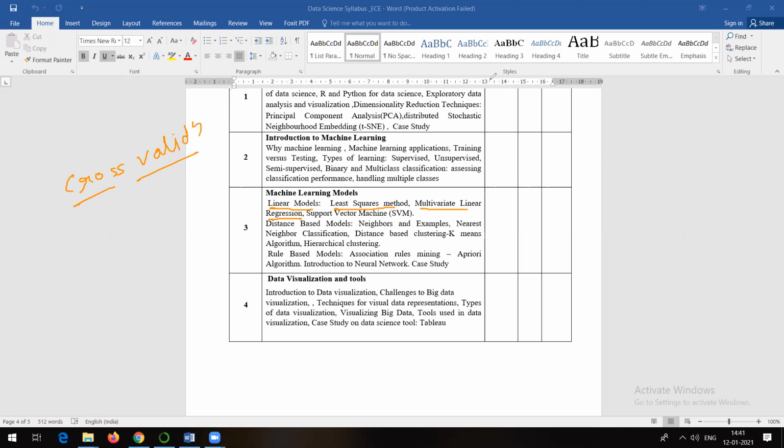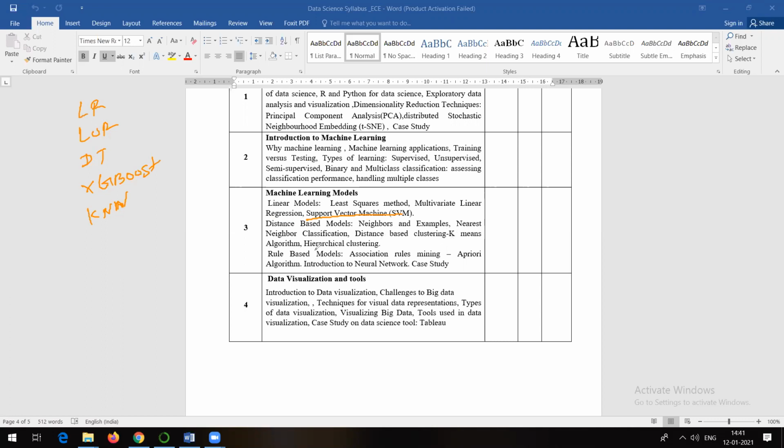And the next thing which we are going to discuss is something called support vector machine. But before that, generally the sequence should be like this: first of all linear regression, then logistic regression, then decision tree, then you have multiple algorithms. Then you have something called the XGBoost algorithm, which is also a machine learning algorithm. Then there is something called K nearest neighbor. I think KNN is there in your syllabus somewhere.